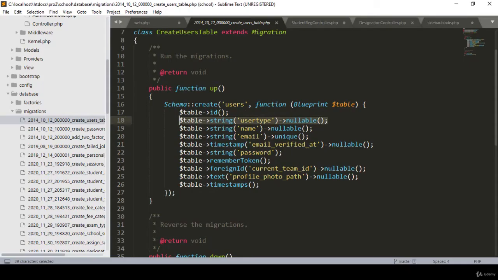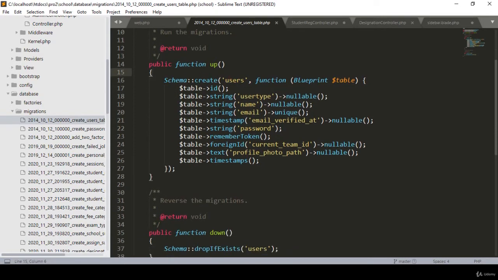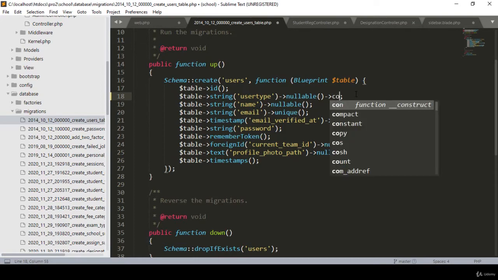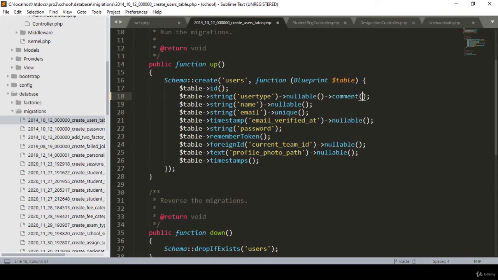So I have shared both of these with you. Right now I want to update this user table. If you want to do that, it will be a string, and it will be user type, and I make user type nullable. Okay, and here you can also add a comment. I want to add a comment, then it will be very helpful to you to understand what exactly I want to do here. I make a comment for you: our user type will be a student,